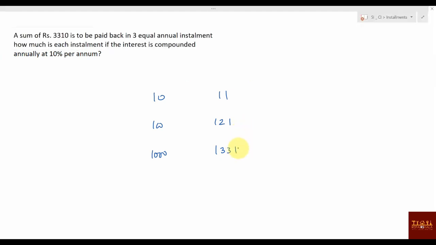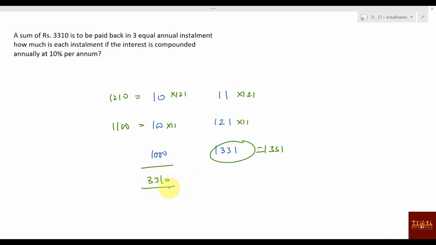What you can say now? These are installment values, right? So installment values should be equal. So you have to multiply here with 11, here with 11, here you have to multiply with 121, and here you have to multiply with 121. What is your installment? It is 1331 everywhere. Now you have to get the principal value. So this value is given as 1100 and this value will be 1210. If you add it, you will be getting 3310. 3310 corresponds to 3310 means 1 corresponds to 1. Then what is your installment? 1331 itself. Clear? You can solve it by the previous method also, which I told you in starting.